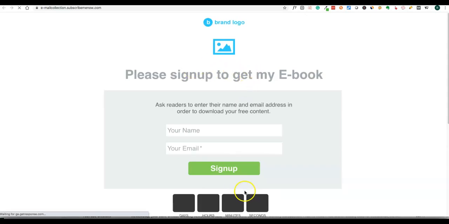So this is your landing page, and this is the countdown timer that we added. So you can share this URL to your potential leads and customers, and you can collect the leads from your customers. So this is how the landing page is created in